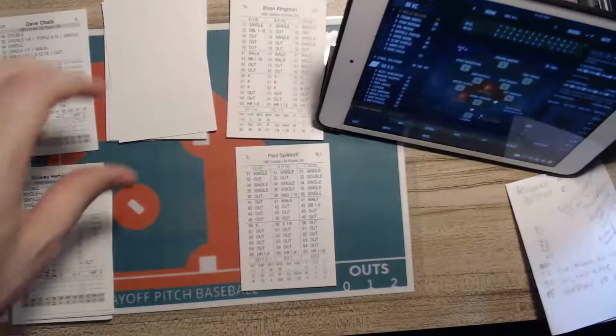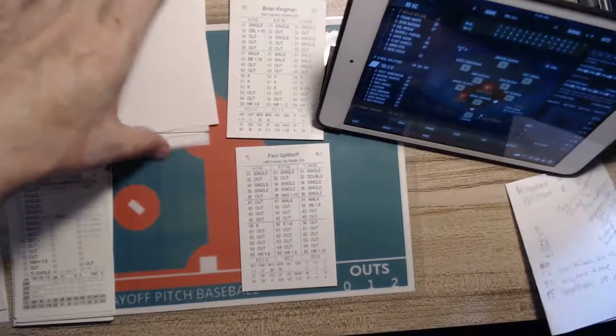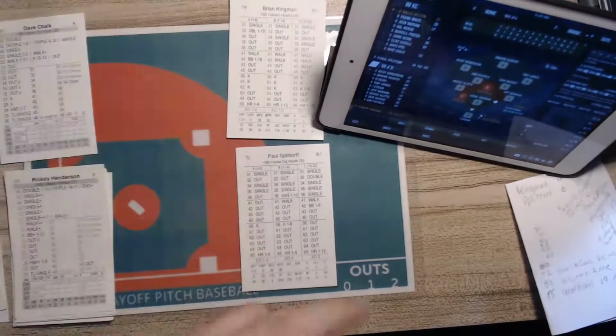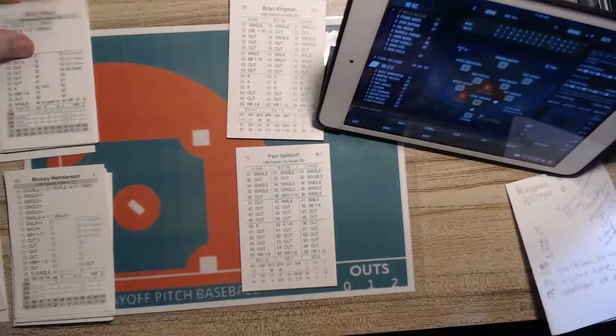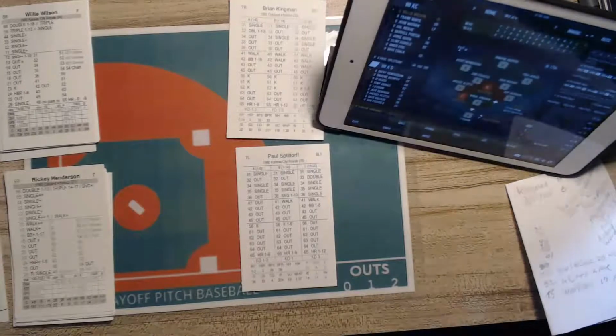And up comes Willie Wilson. Now, this is something I don't do very often. Willie Wilson. We're going to play the infield in here, and we are going to try a squeeze.